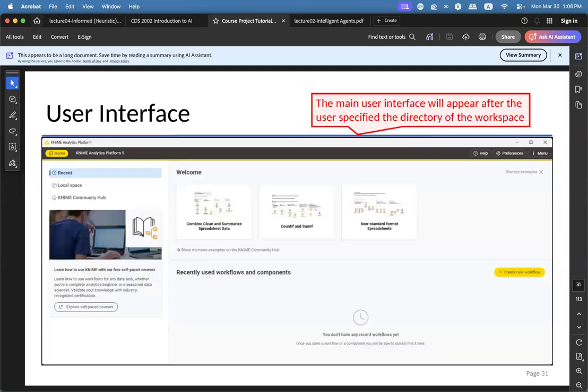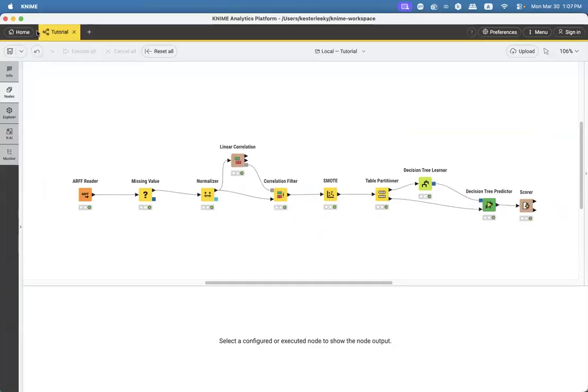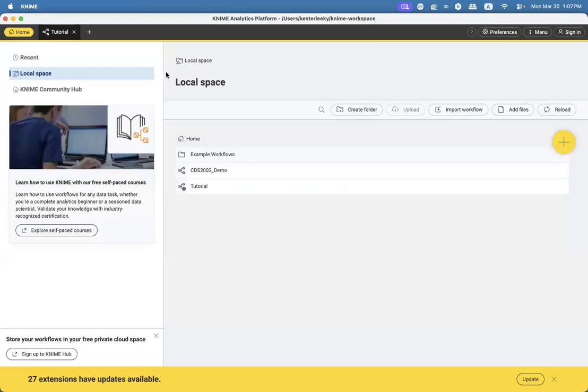Let's talk about the UI. I will do the demo here, but I will not be able to do the complete demo of the software. We will continue our demo after the Easter holiday.